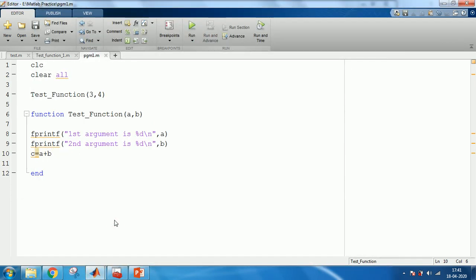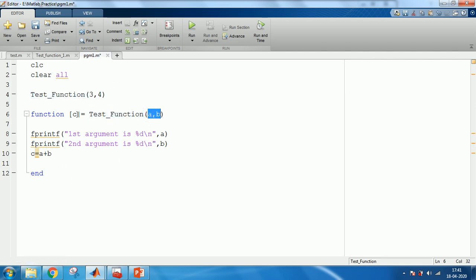Alright. Now let us say that I want to return this variable c as an output variable from this function. So what can I do? I can mention an output variable here: function c is the output variable, the name of the function is test function, and my two input arguments are a and b.